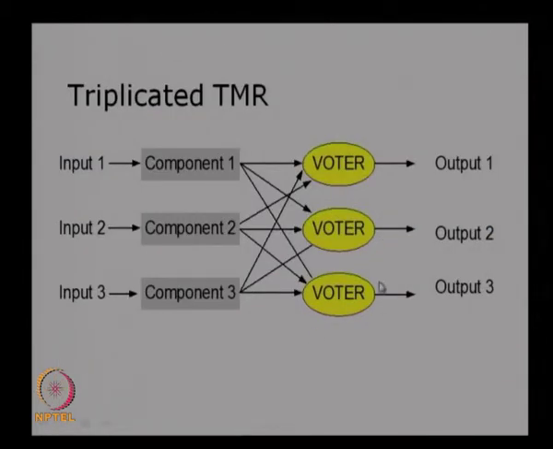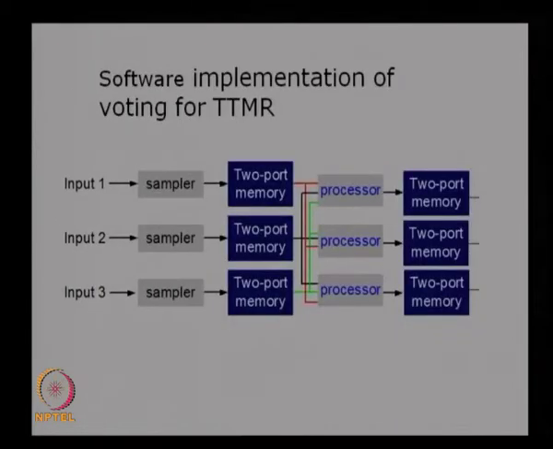Here again we will have issues of synchronization and computational time. If the synchronization of the voters is not properly implemented, or the computation times are different, then there is a possibility of error. This needs to be taken into account when we implement the voters. A voter can be implemented either through hardware or through software, and implementing it through hardware is a bit costly. Most of the time the voter will be implemented through software.